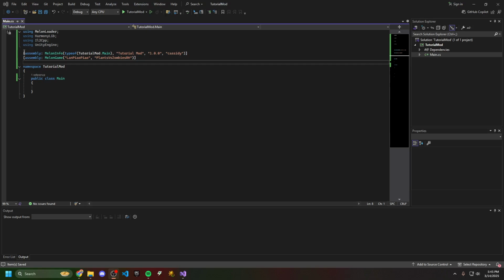All right. So we're going to need to add these 2 lines of code. I'll leave these in the description and then I'll explain them here, but you can basically just copy and paste this into your mod. So firstly, you're going to need assembly MelonInfo. Right here where it says TutorialMod.Main, make sure that you copy whatever name was created with your project. In this case, I selected Tutorial Mod, but in your case, you might have named it something else. Just copy and paste this